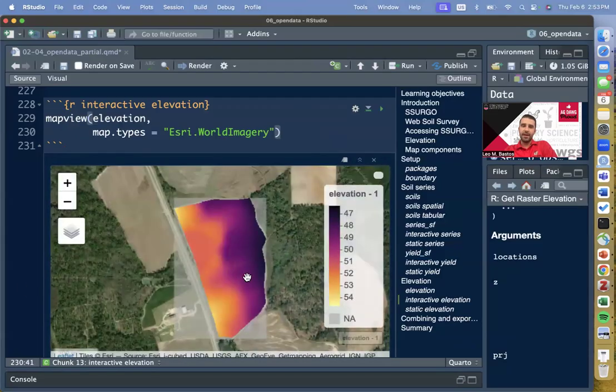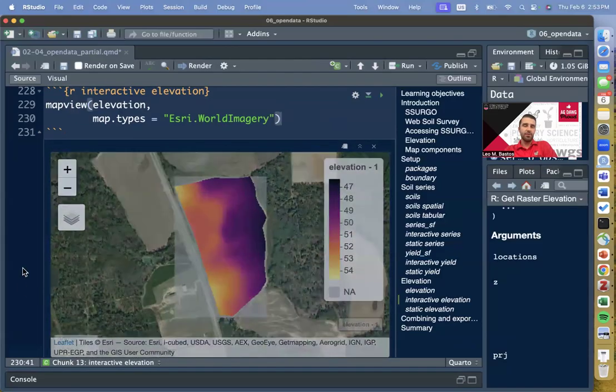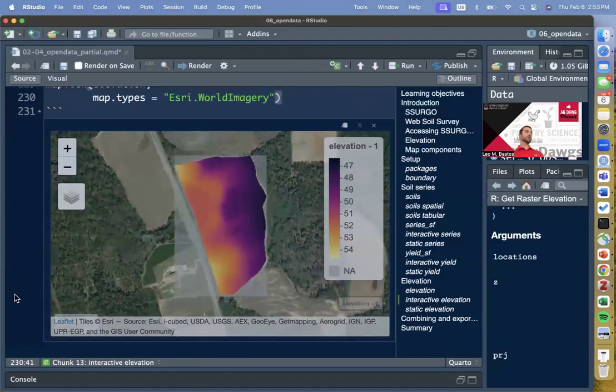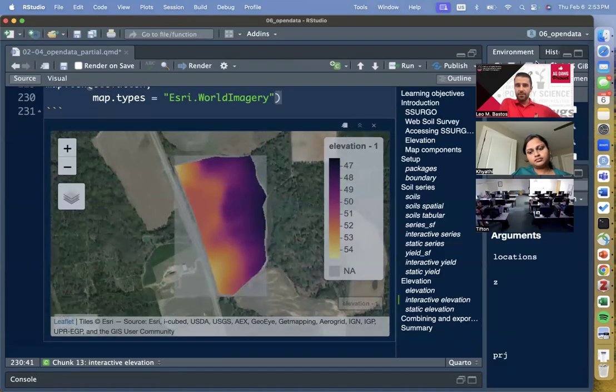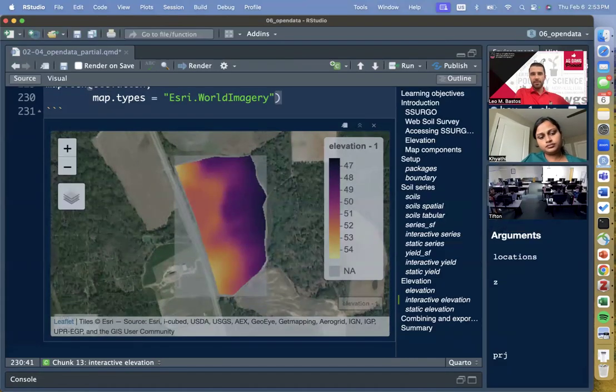But anyways, if we just take a quick look at this field here. So this is a grower's field. If you had to interpret this map, this elevation map, what would you say about it? Let me ask somebody online. Polly, what do you think? How would you interpret this elevation map? In my understanding, I would say that part in the violet color, it's a little bit sloppy,